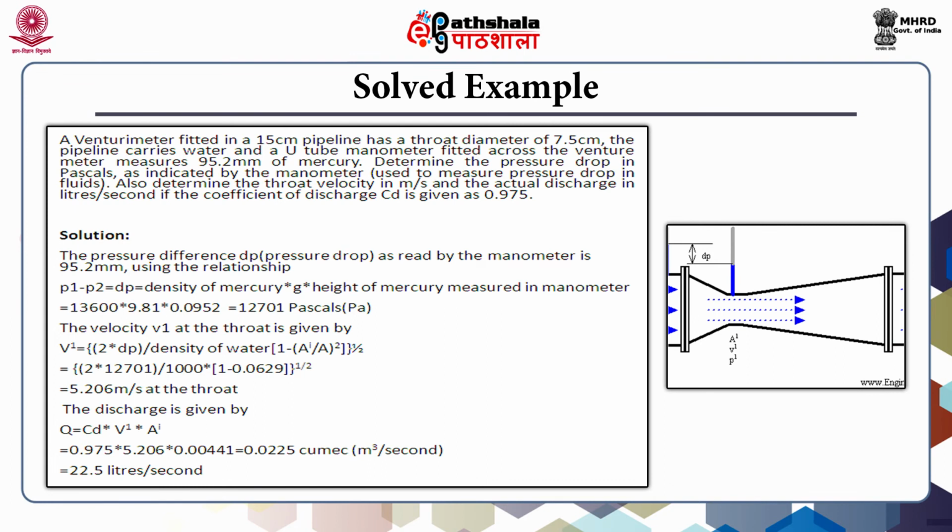Now here we have a solved example to tell us how the venturi meter is actually used. We have this numerical where the velocity of flow is given in the original pipe and at the constriction that has been created, and the diameters are also given here. Once that is given, we have to find out how much discharge is actually flowing through the pipe. This is a simple numerical which displays how the venturi meter is used.